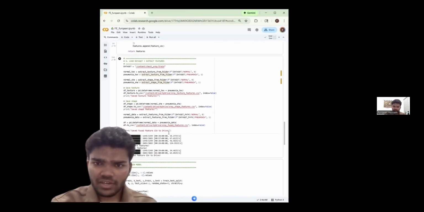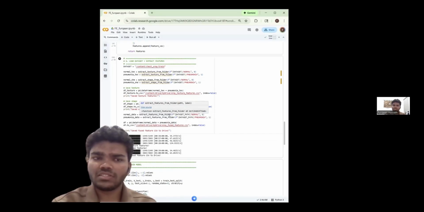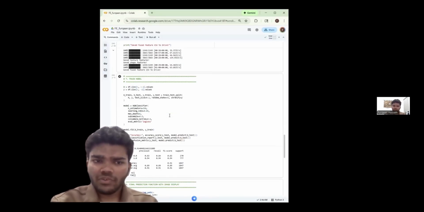This cell extracts fused features, texture-only features, and shape-only features from both classes and saves them as CSV files for training and analysis. Then I split the fused dataset into training and testing sets and train an XGBoost classifier. XGBoost works very well with engineered features. I evaluate the model using accuracy, classification report, and